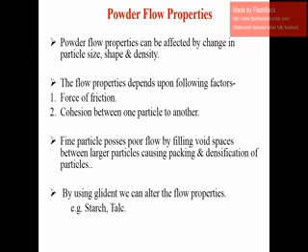It means that when we are grinding your powder, it generates a charge on its surface. That charge is nothing but some forces, which may be attractive or repulsive. Depending on those forces, your powder flow property may be affected. Fine particles possess poor flow property. By using a glidant, we can improve the flow property of your powder. For example, we can use starch, magnesium stearate, or talc to enhance the flow property of your powder.